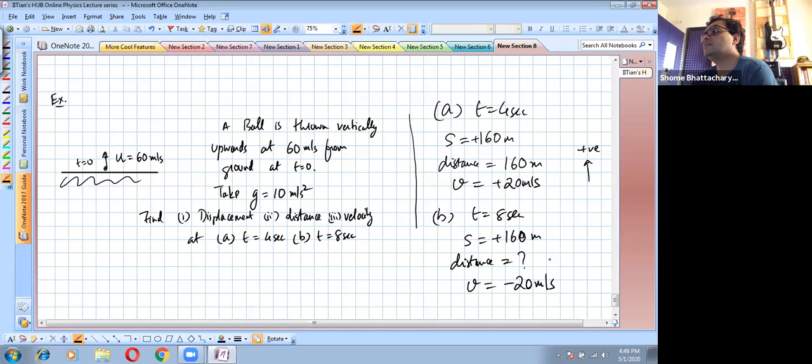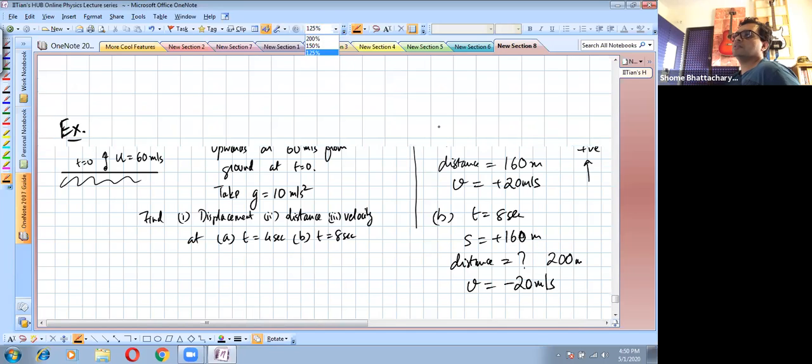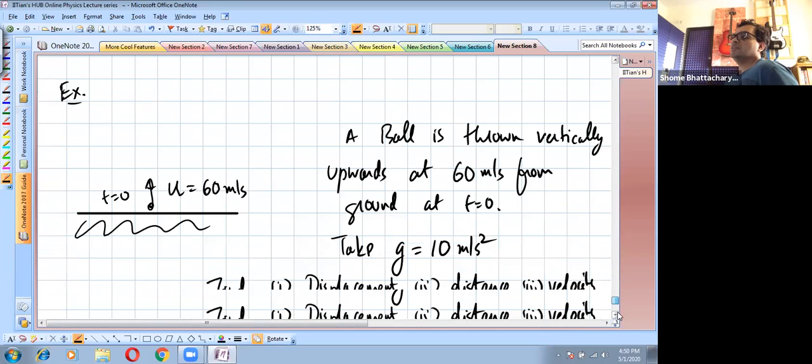So the distance traveled, according to me, you should be getting 200 meters. Okay, I'll just verify and tell you, but it should be 200 meters. Now this is not as simple as it looks. Okay, it's a little bit tricky, so I'll explain in detail. So let's take each part and understand. Okay. So the thing is here,